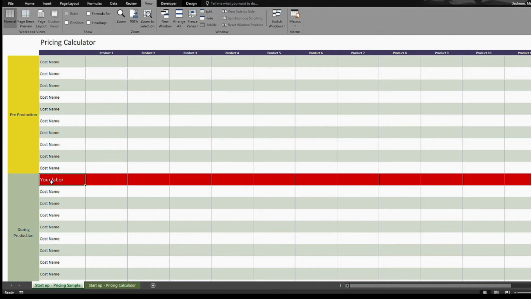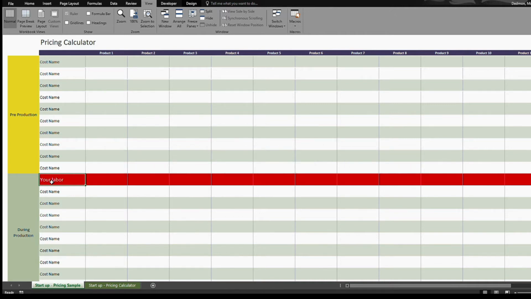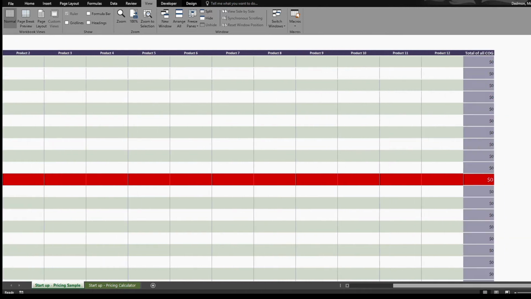Now, step number 5 is going to be leveraging the data. So find good deals. Like I said, let's say I've noticed that one of the lines up here, it could just be shipping and handling, and I noticed that all of my products have a bottom line of $15. And I've noticed that, dang, that's a lot of money I'm spending on shipping. If I were just to ship one of these items a week or a month, I would be paying a whole bunch of money in shipping.